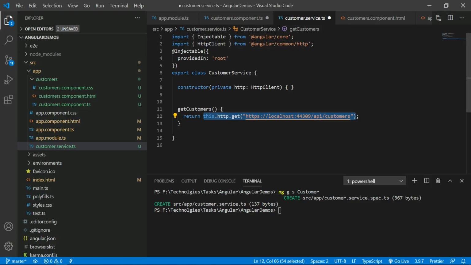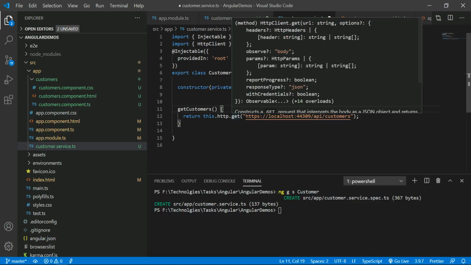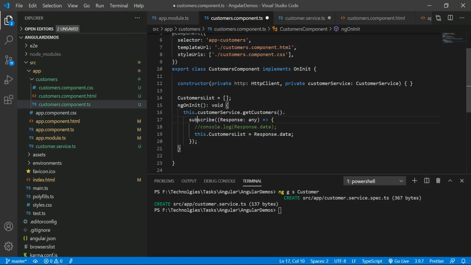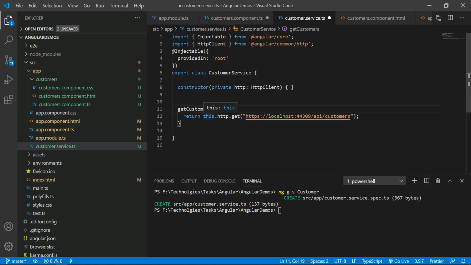Which is nothing but the API, in the sense of an HTTP get request. We know an HTTP get request is an observable, so the return type is an observable, and based on this observable I can subscribe. That's it. Here I have just moved the HTTP request into the service. Why? Because the customer service is nothing but a TypeScript class which provides centralized logic to my entire application. That is the reason I moved the HTTP get request into the customer service. Now this step is completed.